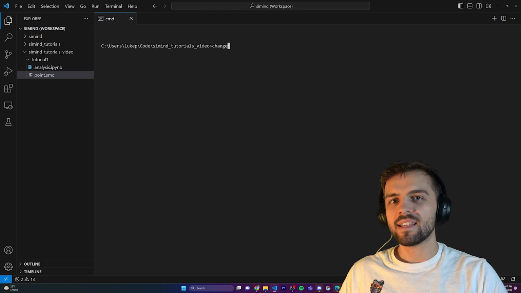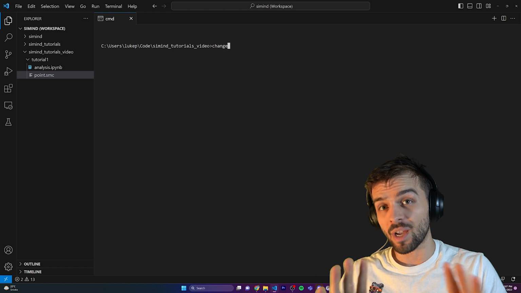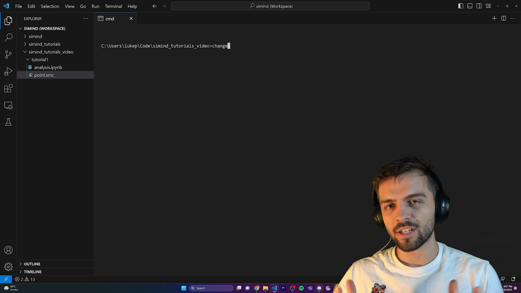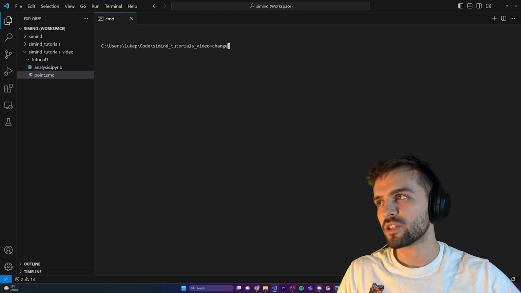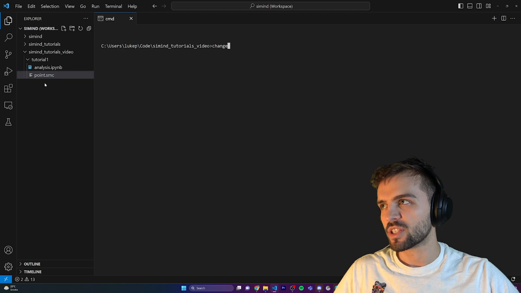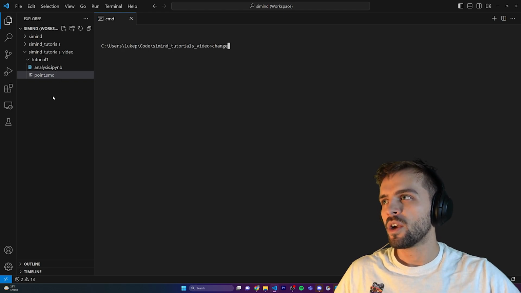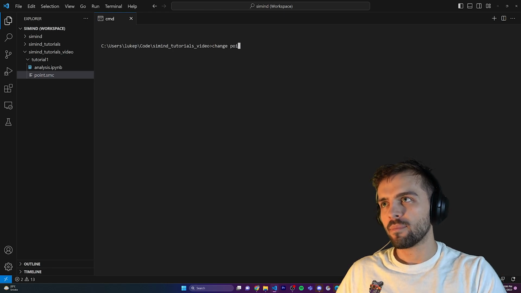By the way, the SMC file contains all the parameters for the simulation, or some of the parameters. It's really the detector parameters and certain things. There are other parameters stored elsewhere, which we'll get to, but the main parameters to be concerned with for now are contained in these .smc files. So if I want to edit the parameters of this file, I can go change point.smc, and I notice I'm in the wrong directory here, so I go to tutorial 1 and I can change